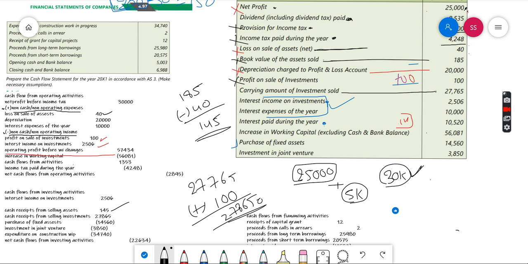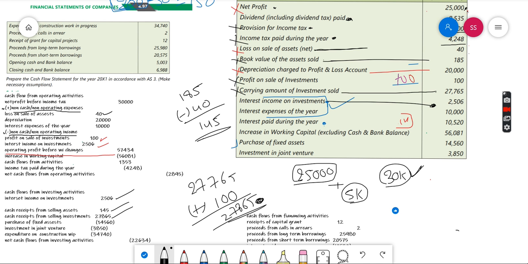This is the cash we have received. So put here cash receipts from selling of investments. And then interest or income on investments. We should record this as a cash inflow because that is arising because of investment, which is an investing activity,